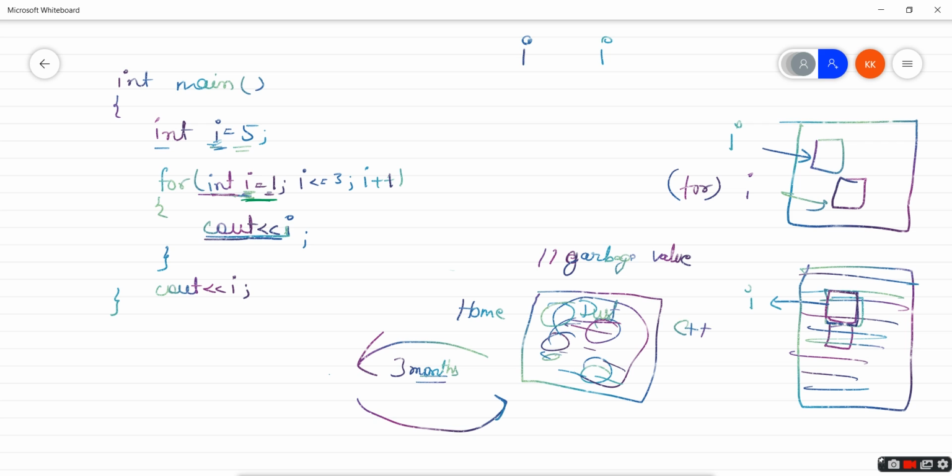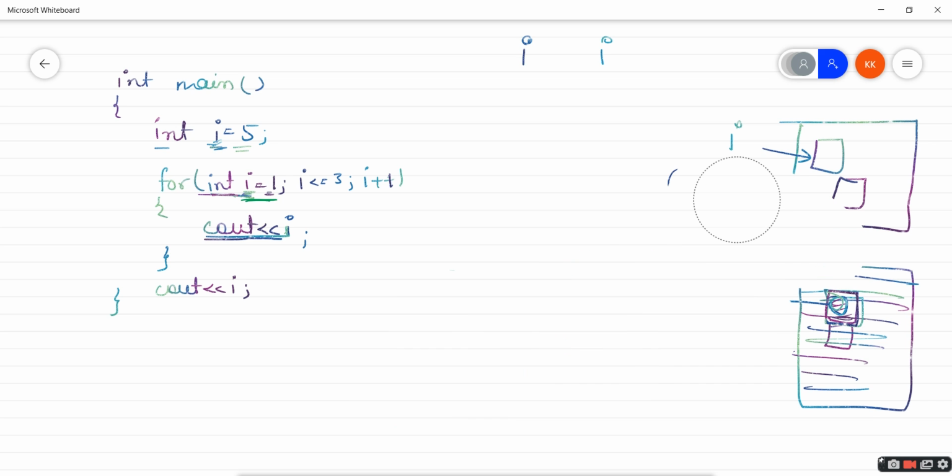It can be anything, no prediction. This garbage value is going to be printed if I haven't initialized it. It depends totally on our memory, our computer, our processor.